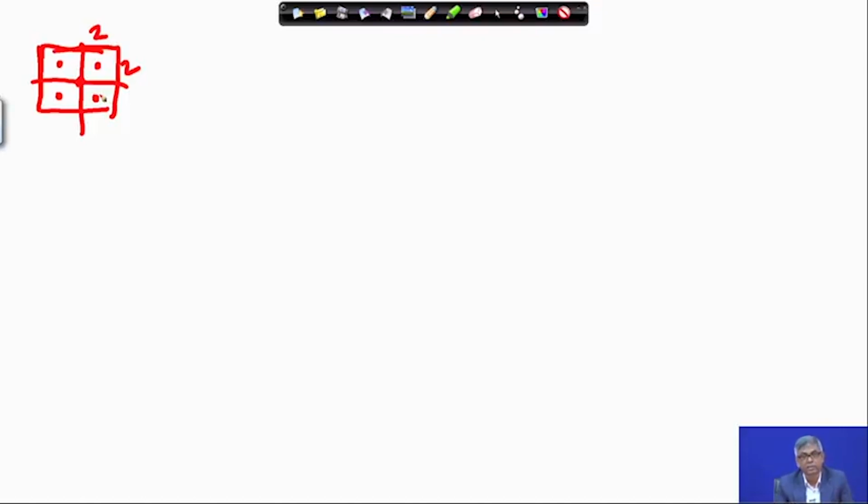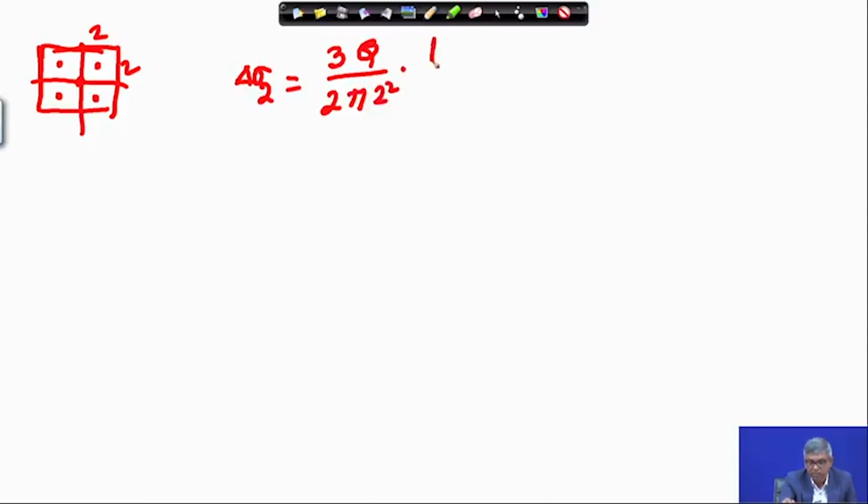Again we have to calculate at different depths. So, for the point load formula, delta sigma suppose at 2 meter depth will be equal to 3q by 2 pi z square, 2 square, multiplied by 1